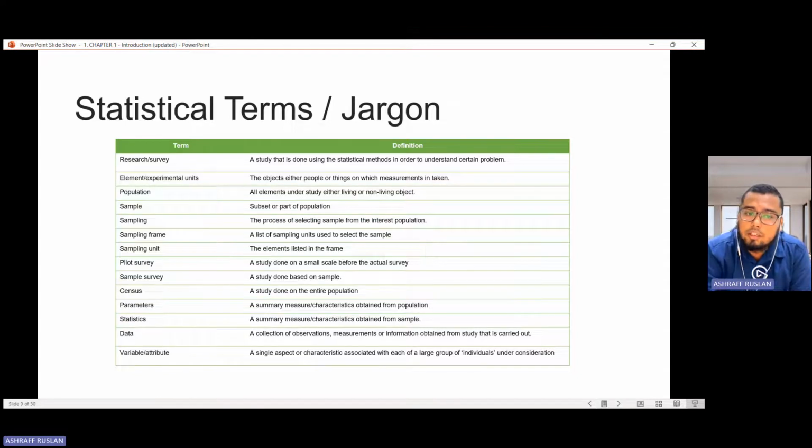So kita kena cakap, a total of all sampling units, tapi kena spesifik lah. So you can read out those terms. Ada banyak dalam ni. Ada a few, and maybe you will come across other terms when you do your tutorial next or during your extra reading.